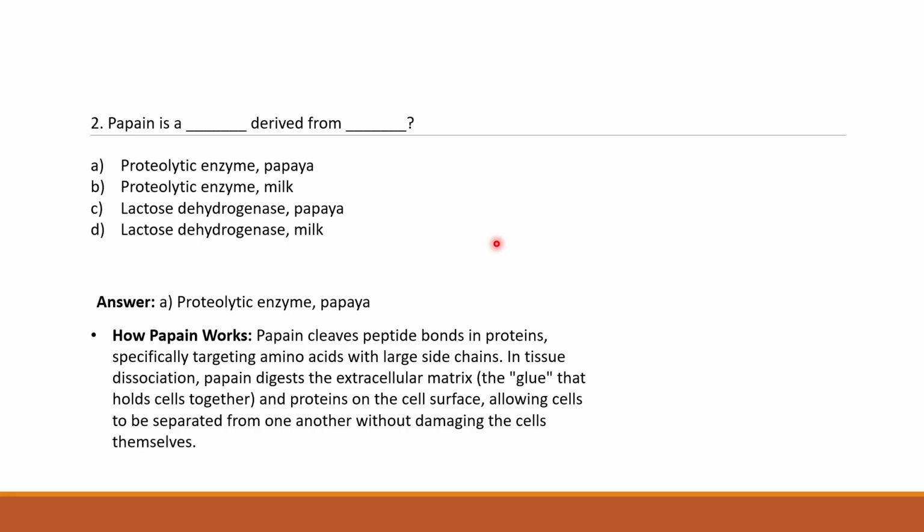Papain digests the extracellular matrix, that is the extracellular component of your cell. So your cell, when it is grown in vitro or in vivo, it will always have an extracellular matrix. Your body definitely has it even when you grow your cells in the culture dishes. Once they start